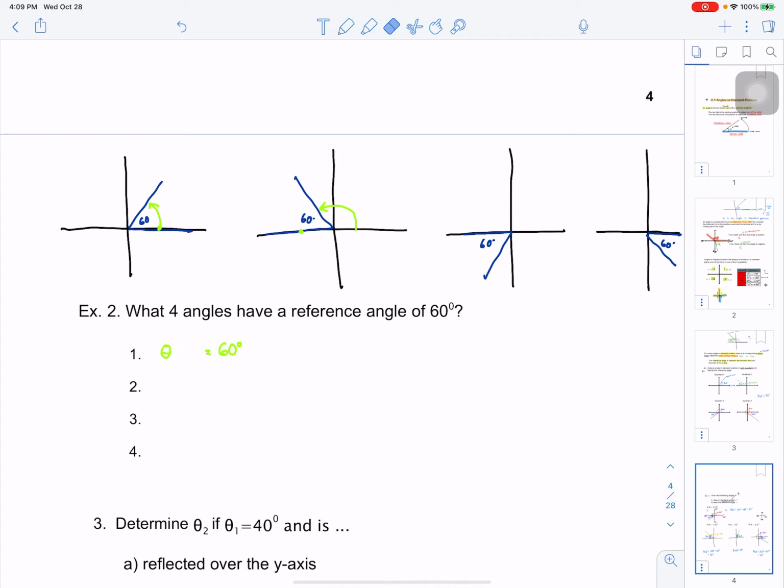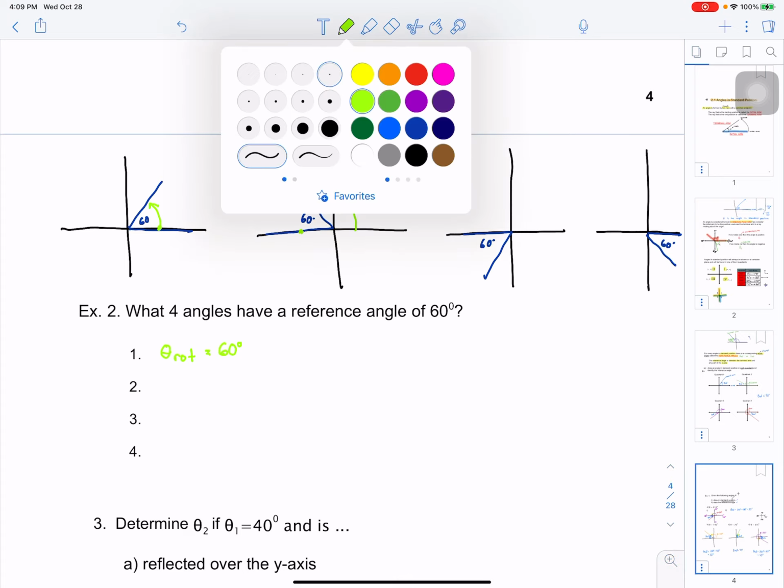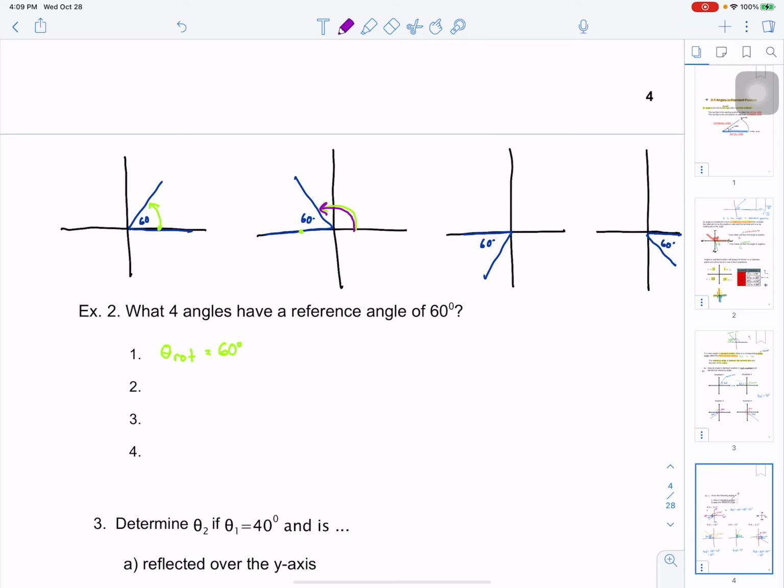And sorry, I shouldn't call this reference, I should call it rotational. So in the second example, I'll use a different color. So this purple is how much I need to move. So I know my answer is between 0 and I sit in the second quadrant, so it has to be smaller than 180 but bigger than 90. If I go rotational angle, if I go all the way to this line, I've traveled 180 degrees. If I subtract off my reference angle of 60, I can get how much I've moved in the positive direction, which is not 130 because I can't subtract, 120